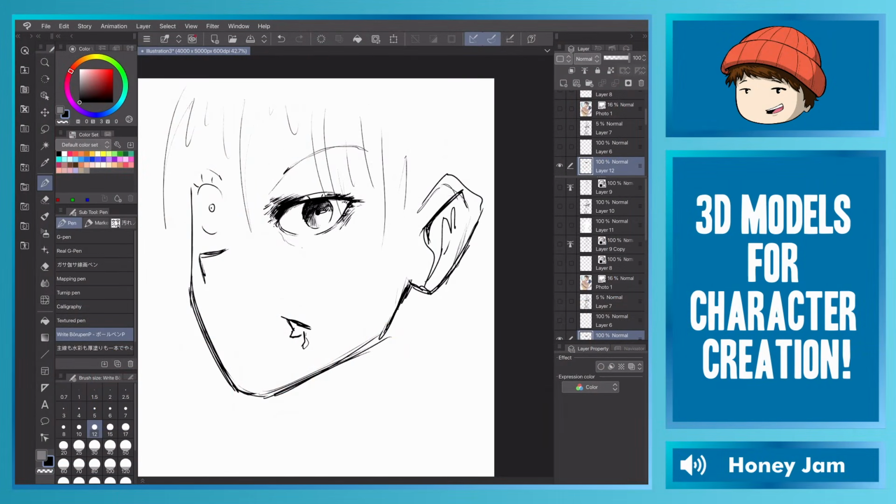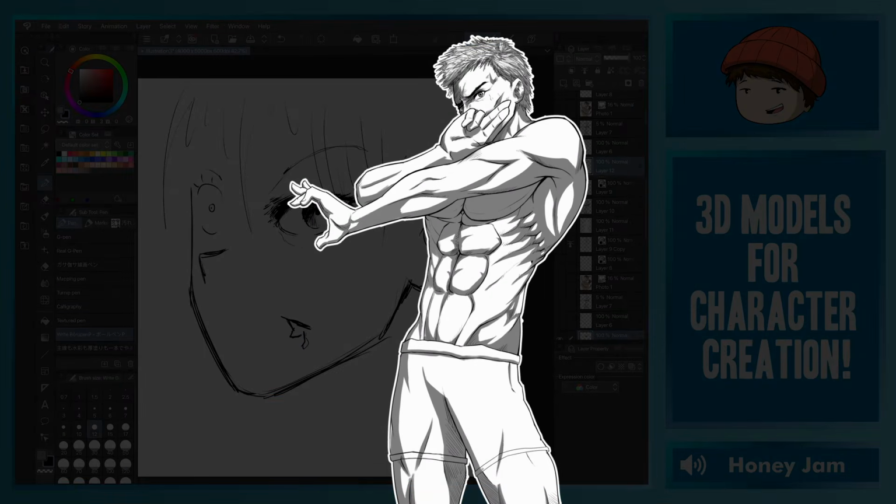Clip Studio features a variety of 3D tools to help you pose your characters and get exact proportions without constantly making changes to your sketch. And in today's tutorial, I'm going to teach you exactly how to use those tools to make drawings just like this. Keep in mind that I'm using the iPad version of Clip Studio for this video,